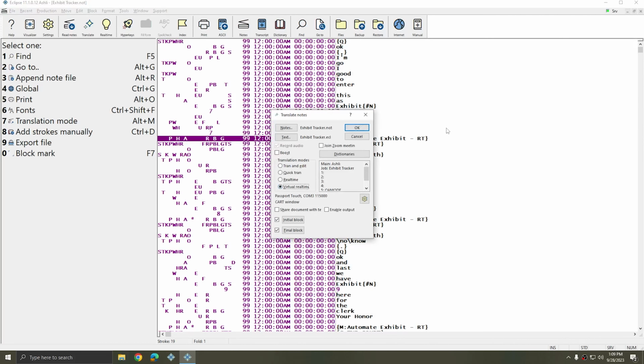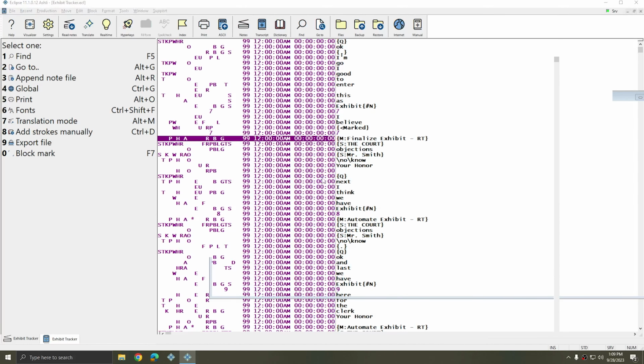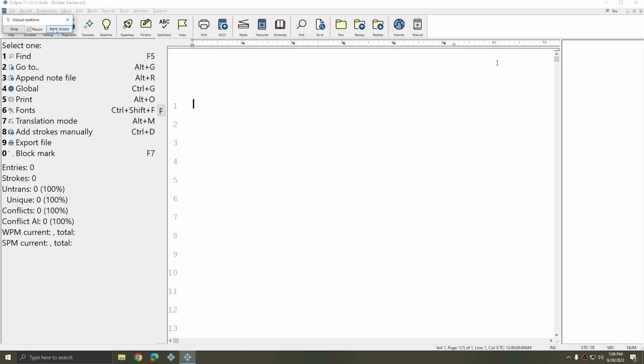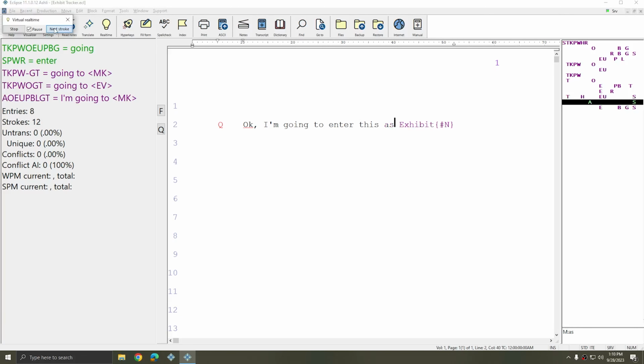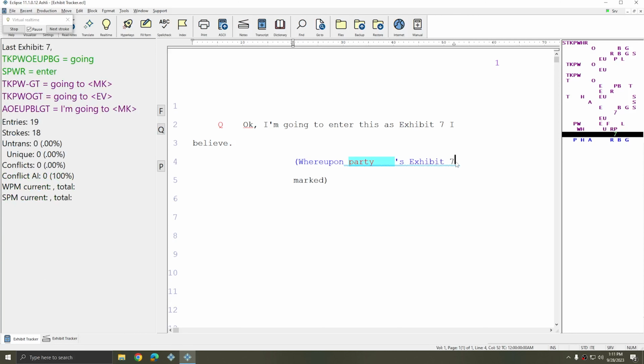So I'm going to translate this file and I'm going to use virtual real time. I'm going to retranslate it since I do already have an existing file. And next I'm going to start pushing strokes through. And so here we have Exhibit 7 entered into evidence. Now I'm going to enter my block file for marked. And you see that there's currently no exhibit number there. And next I'm going to hit my Finalize Exhibit stroke. And what that does is it finds my word exhibit and the number, and it automatically adds marked in the close parentheses to what I've added. As I continue writing,